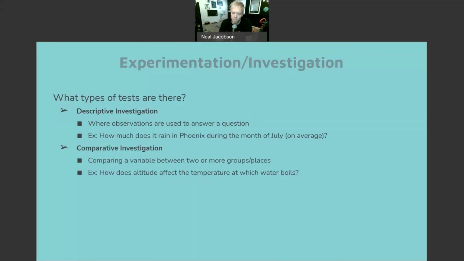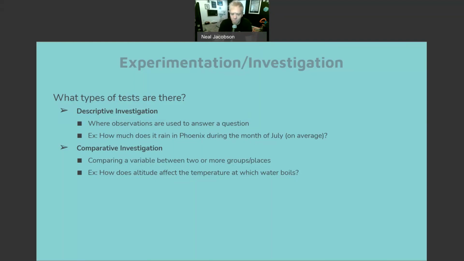And so I could set up an experiment. I don't have a control or a placebo group. I do have an experimental design where I set up a pot of water to boil at sea level, one at 1,000 feet, another one at 2,000 feet. And then I have a thermometer in each one of the pots, and I can see at what temperature that water boils. Because remember, when water boils, that's the hottest it can get at that altitude. And what I might find is that water boils at lower temperatures at higher altitude because there's less air pressure.